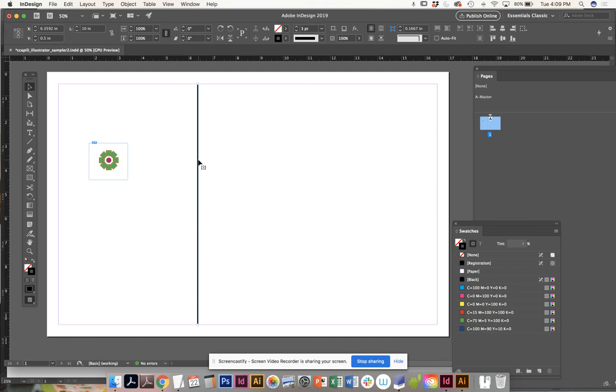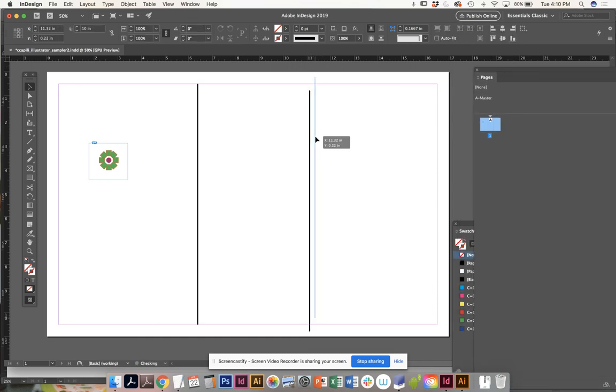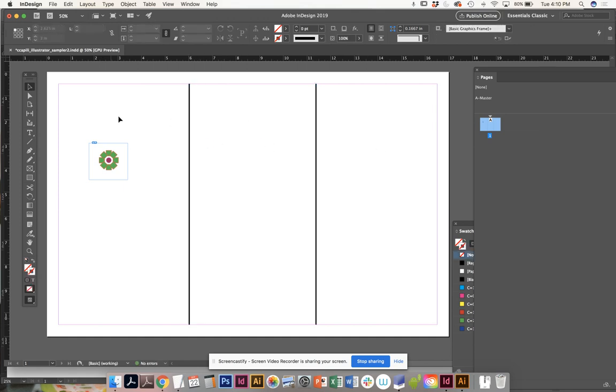And I'm going to copy and paste it because I'm going to have 2 pages eventually. I want to set it up so I have them in 3 different sections. And if you want to make sure that your page is divided equally, I have a little trick